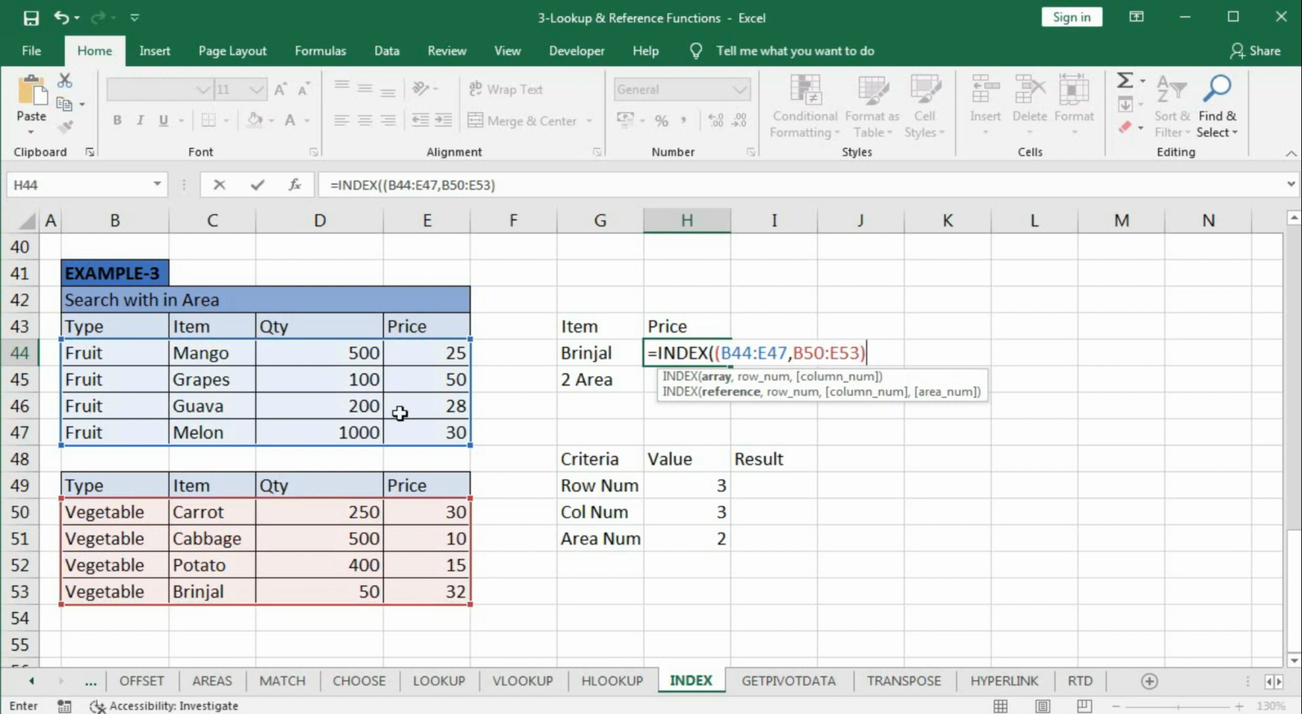Remember, this can be more than 2, and here we have the same height, 1 2 3 4, here 1 2 3 4, but it may be the same height or may not be, that doesn't matter. Now comma, row number. From which row do you want? Suppose we want to look for fruit, so we want to look for the grapes, it is on the second row. So type 2,